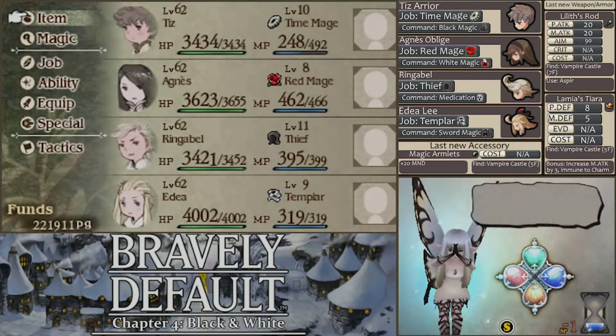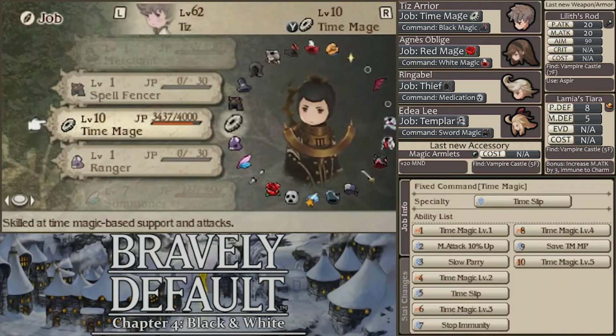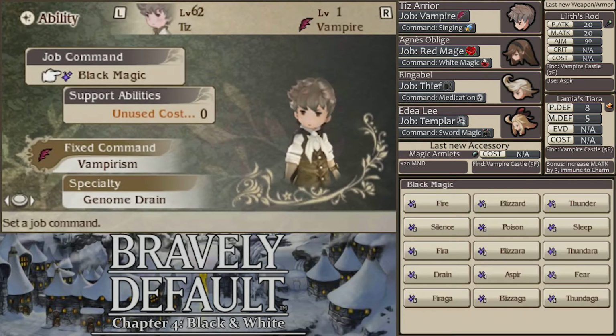Oh, but also we should probably equip Vampire to someone first. I don't know, ring a bell, Tiz. Let's equip it to Tiz, I guess. Yeah, sure. Go for it, man. Vampire. Cool, and we can go...